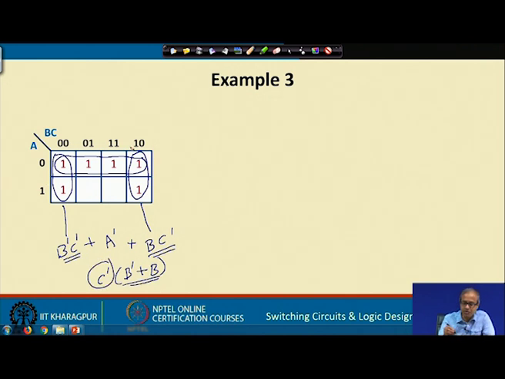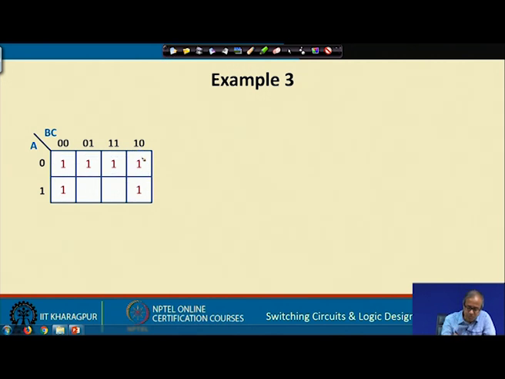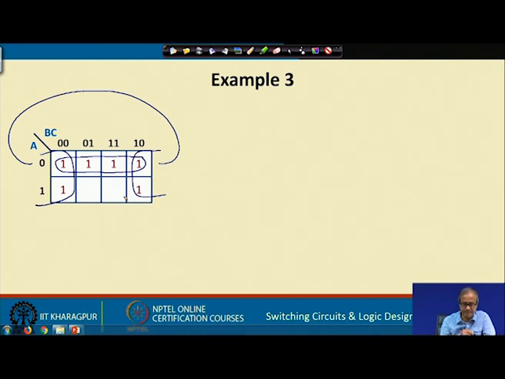So, this is not the correct way of cube formation again. The correct cube will be, this is of course as large as possible you can make, but you remember that I said that the rightmost edge and the leftmost edge are adjacent. So, you make a cube like this, these 2 fellows here and these 2 fellows here, these 4 together they are adjacent, right. So, if you do this, then this cell A cancels out and 0 0 and 1 0. So, B cancels out and C is 0, C bar, only C bar, and this one is only A bar. So, it is C bar or A bar. This is the minimized form,